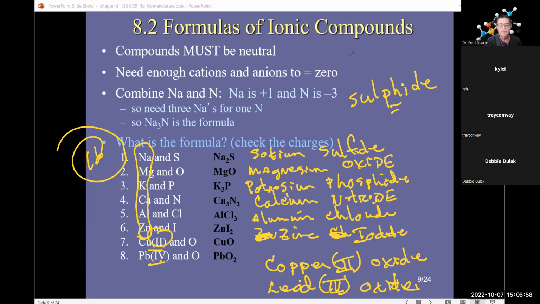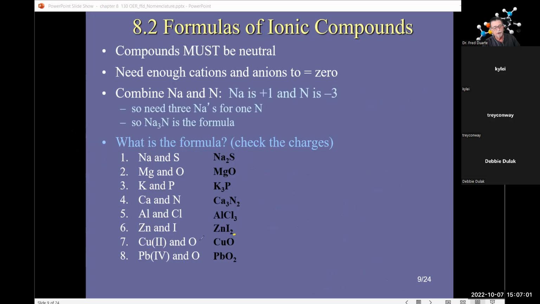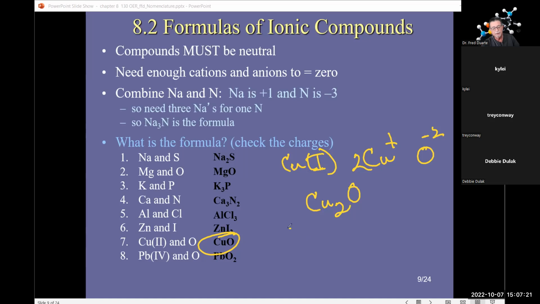And for example, here we did copper 2, but if you were to use copper 1, then this is copper +1 with oxide. So that means you need 2. So the formula for copper 1 oxide would be Cu2O. The name would be copper, Roman numeral 1 oxide,